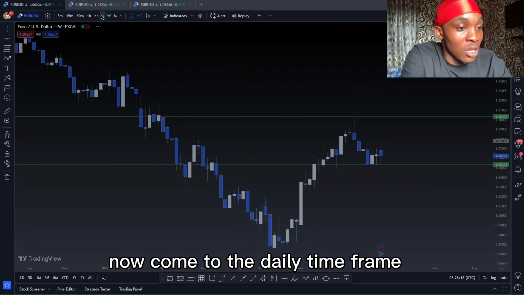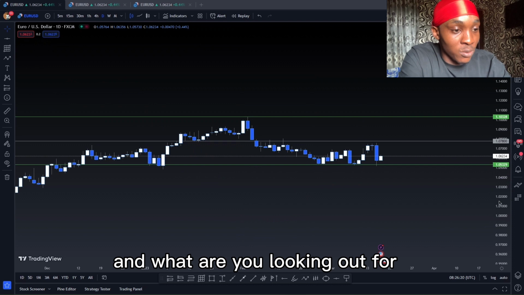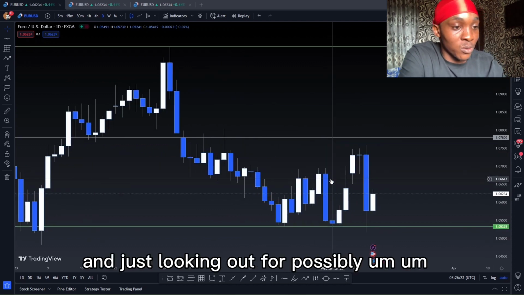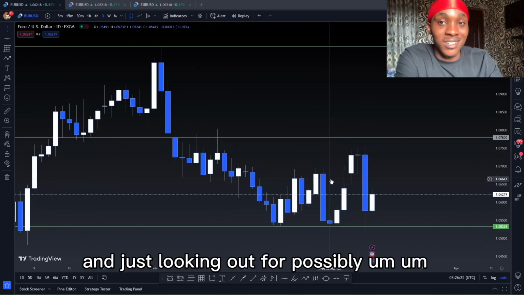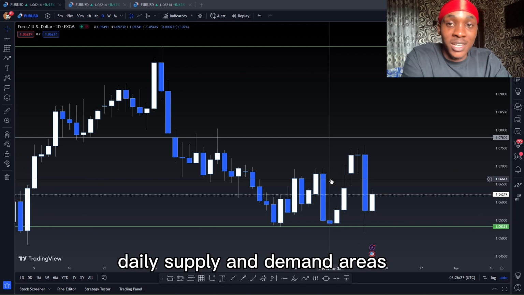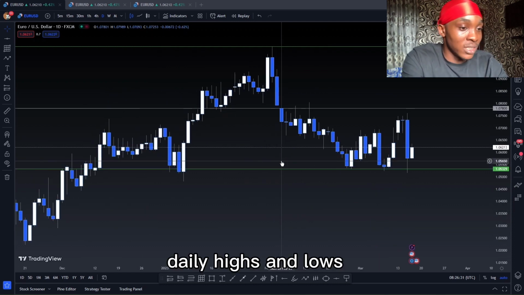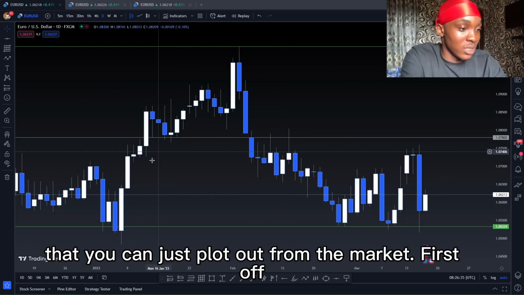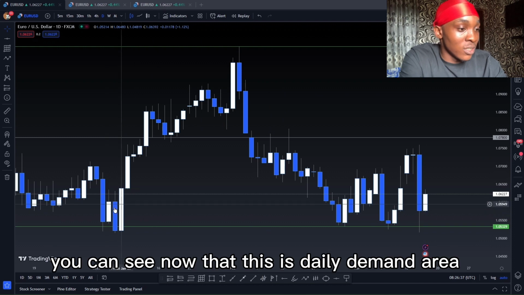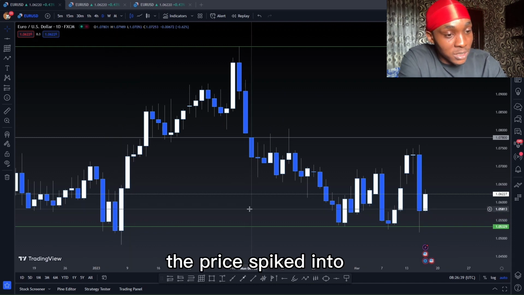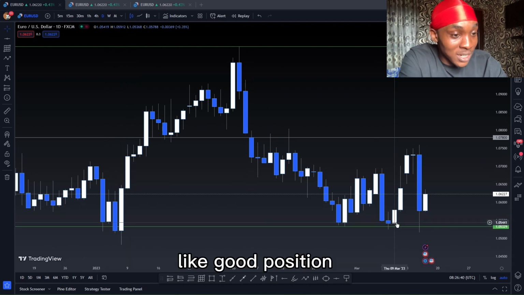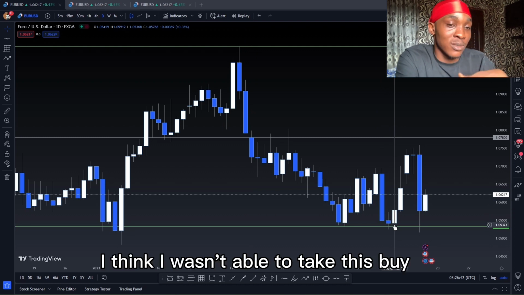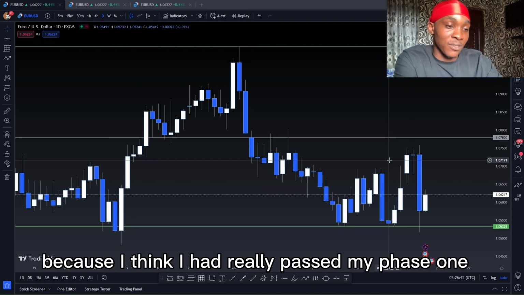Now we come to the daily time frame, and what are you looking out for in the daily time frame? I'm just looking out for daily supply and demand areas, or daily highs and lows that you can plot out from the market. First off, you can see now that this is a daily demand area that price spiked into. This was a very good position. I think I was unable to take this buy because I had really passed my phase one then